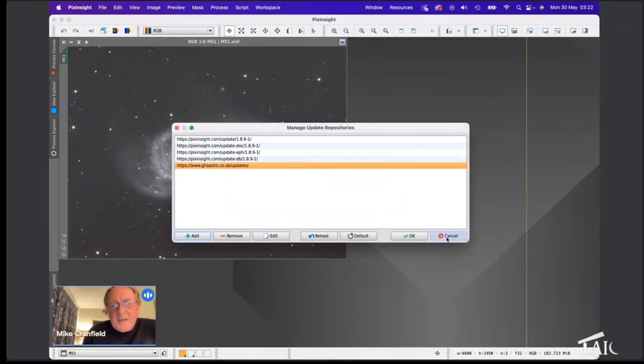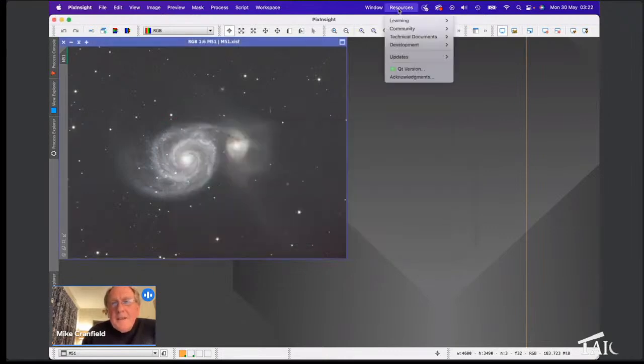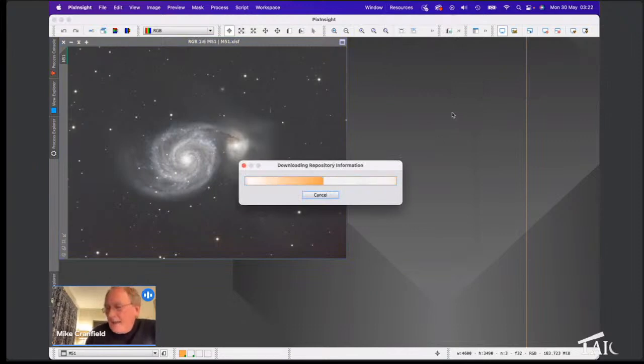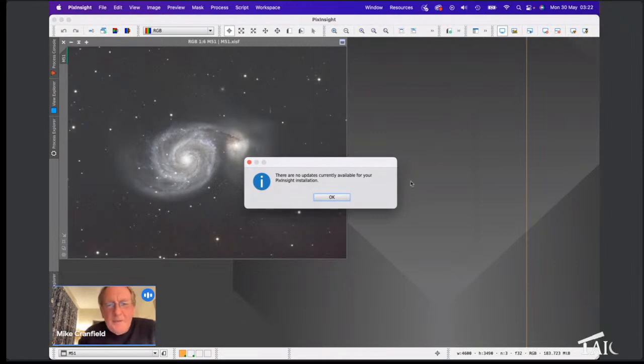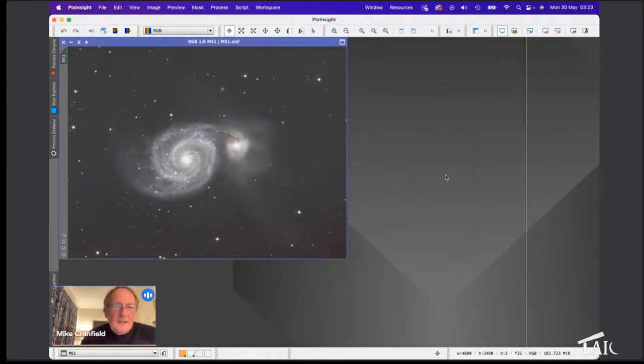The add button here, put that URL in there, click the OK button, and then that will add that to your repositories list. And then you need to go again to Resources, Updates, and then click this Check for Updates. And that will then go away and check to see whether or not there is an update for you. And there isn't for me, of course, because I've updated it already. But this should then come up with a message to say that there is an update waiting for you. And then you just click OK to install that, and you'll need to exit PixInsight and come back in again